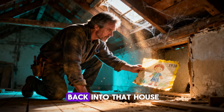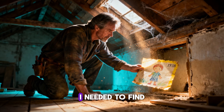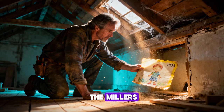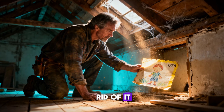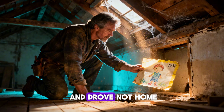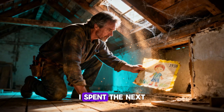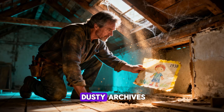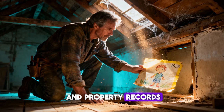I needed to get back into that house, but not alone. And not just to work. I needed to find out what happened to the Millers. I needed to find out what this thing was, and if there was any way to get rid of it. I started the car and drove, not home, but to the town's historical society. I spent the next few hours digging through dusty archives, old newspapers on microfilm, and property records, and I found